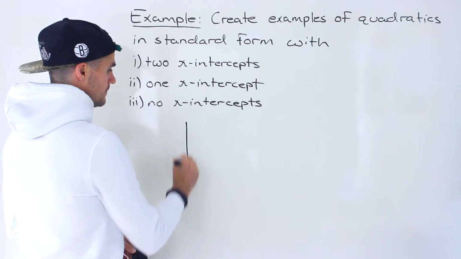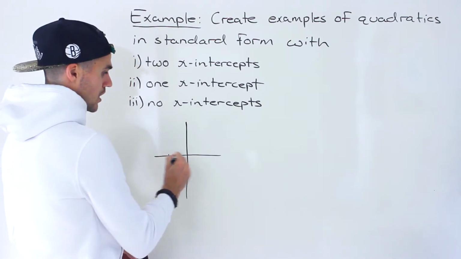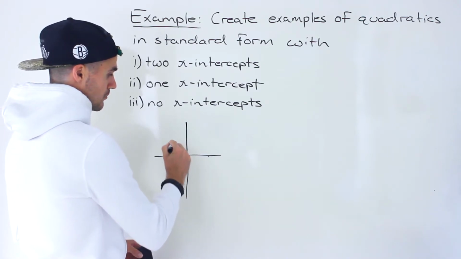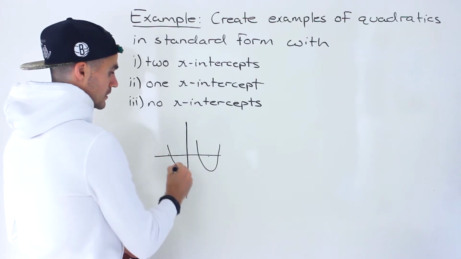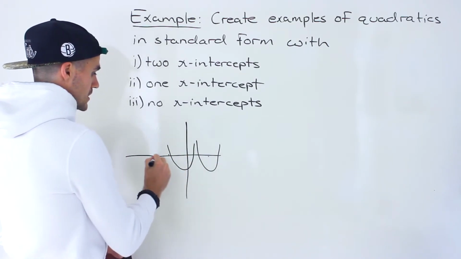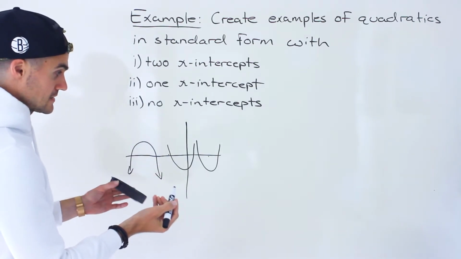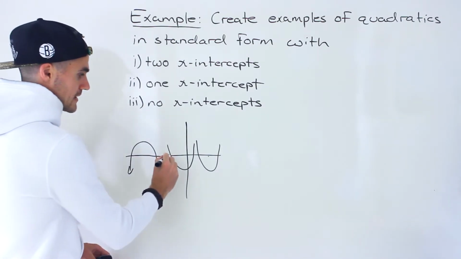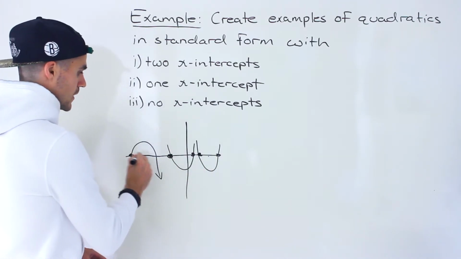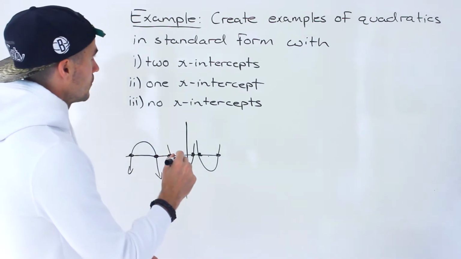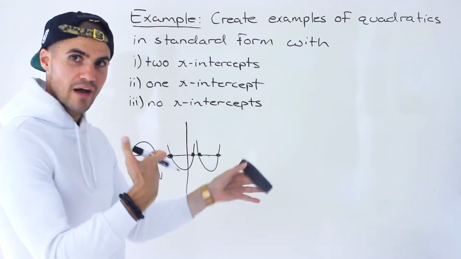So starting with part one, if a quadratic has two x-intercepts, it means it's going to cross the x-axis at two different points. So there's different ways that these could look. It could look like this, it could maybe look like that, or maybe it could be pointing down, right? Opening downwards like this. Doesn't matter. Point is that all of these cross the x-axis twice. And so because we have to provide them in standard form, sometimes you could start off either with factored or